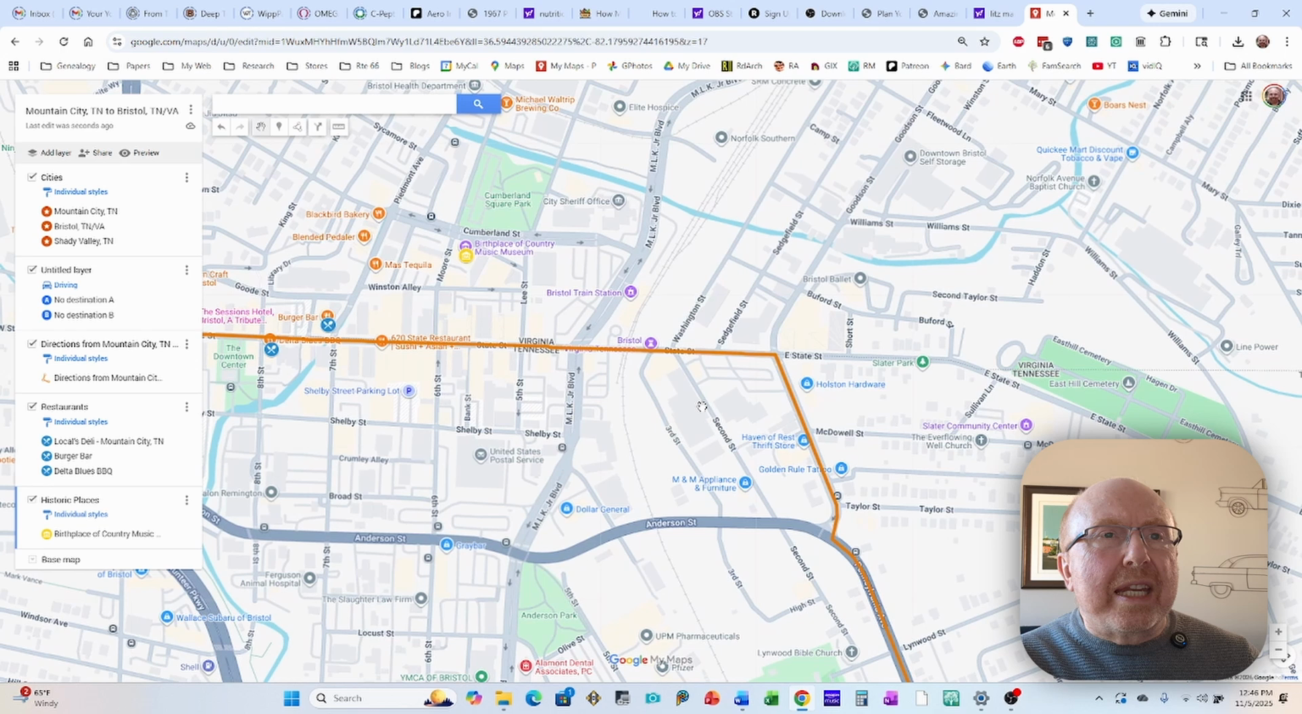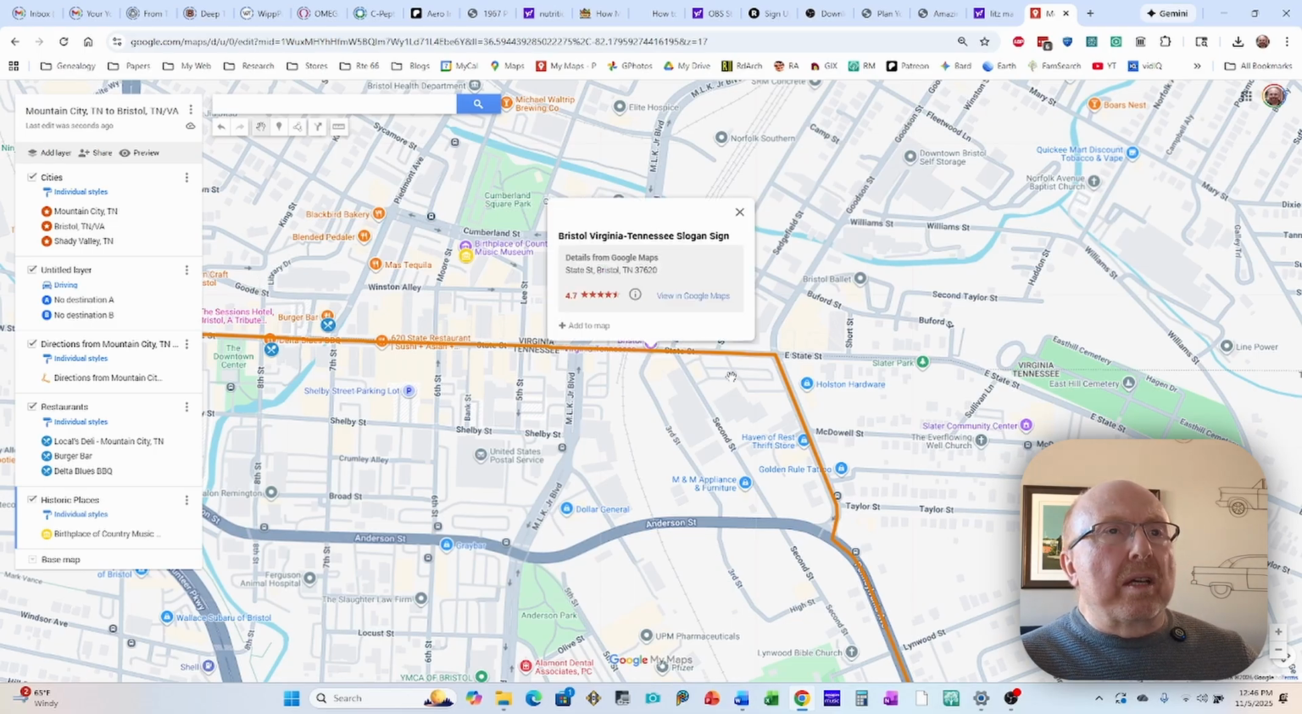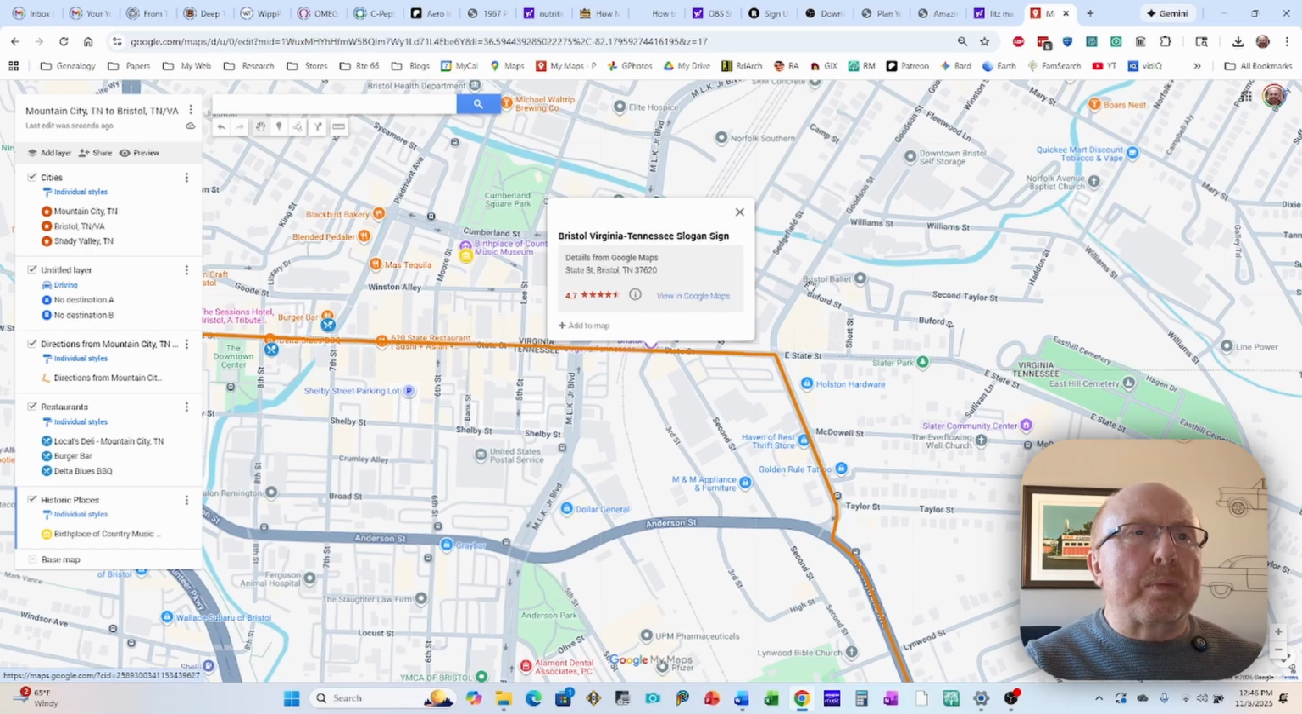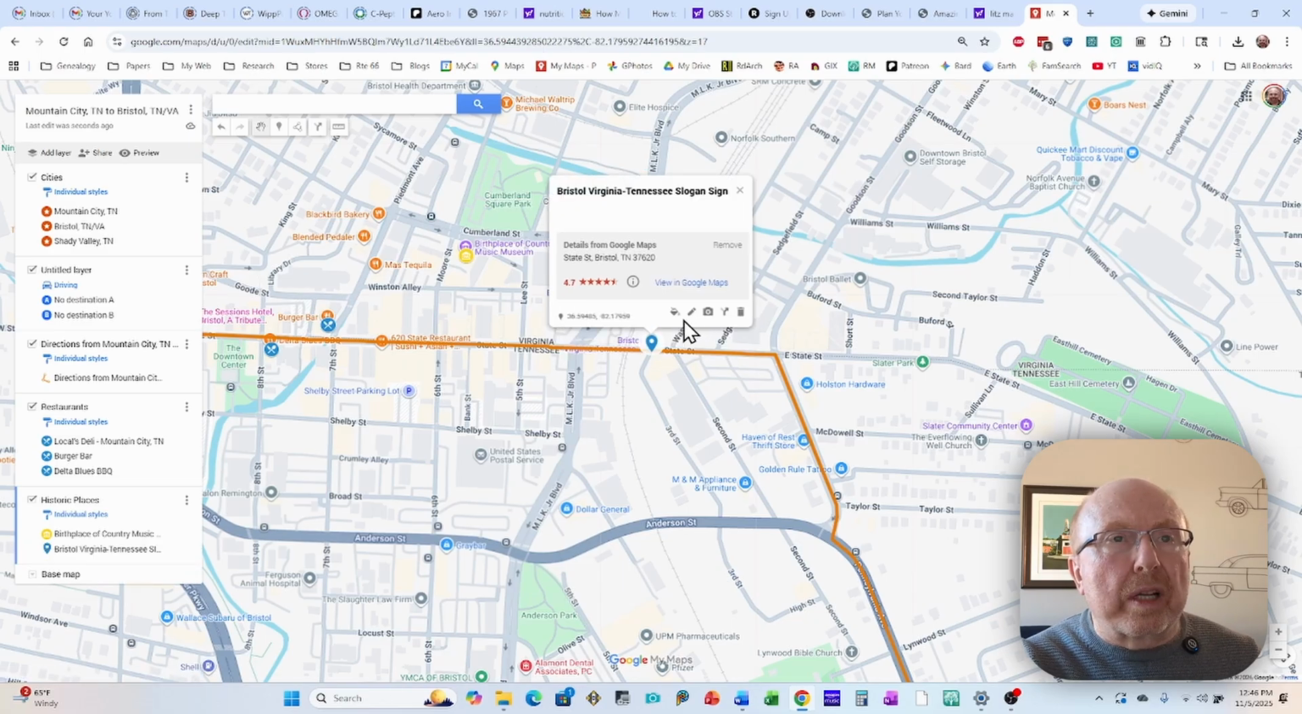Now you'll notice right here, looks like a little rook, like a little chess piece or something. And this is where the map is, the sign, the Bristol, Virginia, Tennessee slogan sign. It says, "A great place to live," and it goes right across State Street. So it's a really cool, iconic sign that crosses the most iconic street in Bristol. So we want to add this to our map definitely because we don't want to forget it. We're going to turn this yellow,